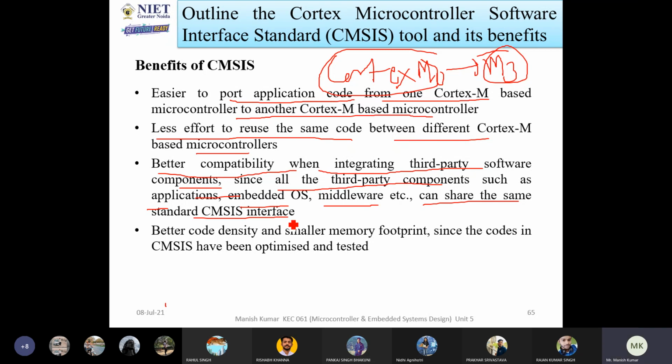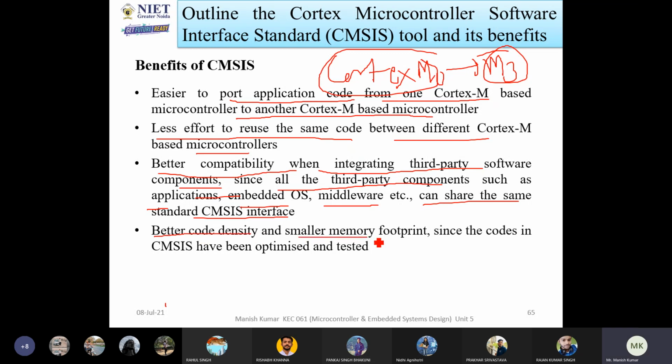Now the best part is that in the CMSIS interface, all the third parties develop the same type of applications. When you are going to design any IoT system, the same types of applications are available. Then you can select one, interface it with your design, and develop your software. It's very good, and also very easy.